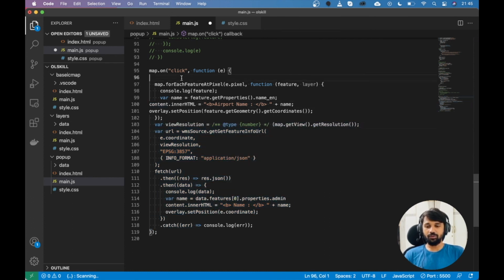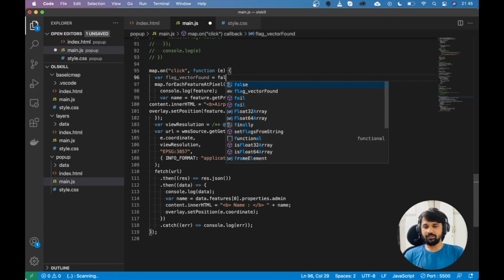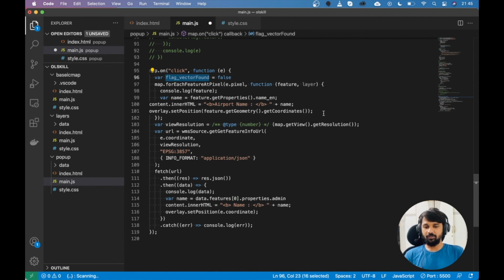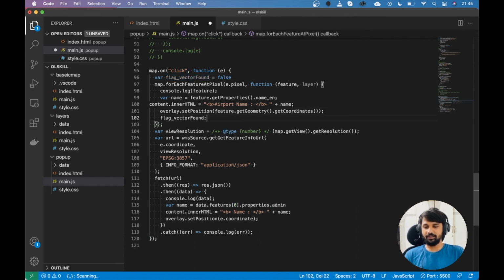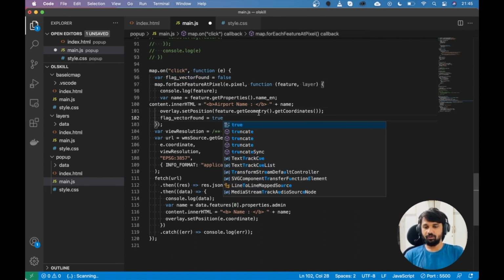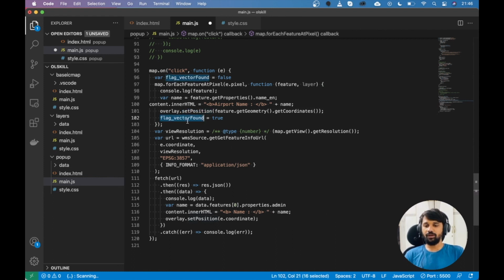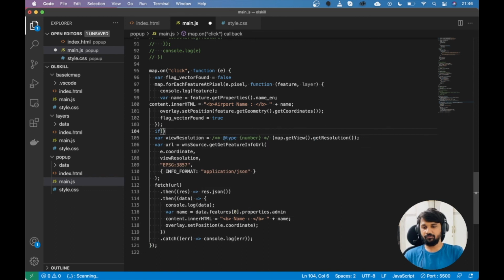So the way to do it is, maybe we can define a flag, var vectorFound, and initially we will keep it as false and we will make it true only when we go inside this. And then if we don't find the vector, then and only then we will run this.